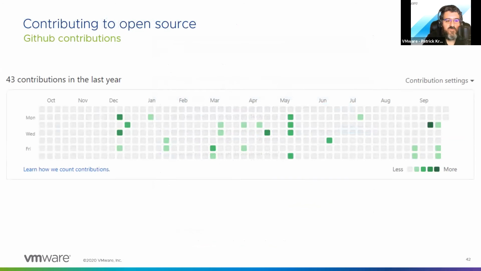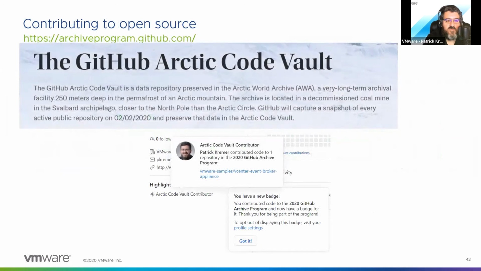And suddenly now this isn't a big blank slate. There's actual contributions throughout the year to open source code. My contributions to the community grew. And then this popped up a couple months ago. I thought it was pretty cool. GitHub decided to do this code vault where they decided to preserve a bunch of code permanently in a vault, like a frozen vault under the ground, like in Antarctica. And so code that I actually wrote is now sitting in a code vault somewhere, which I thought was pretty slick for somebody who's not a developer.